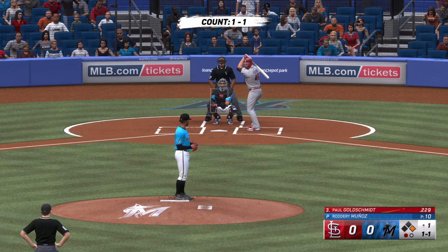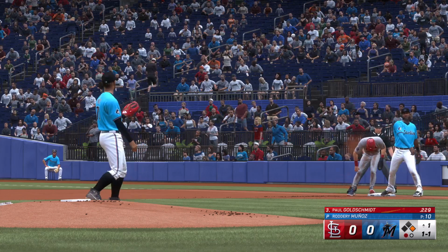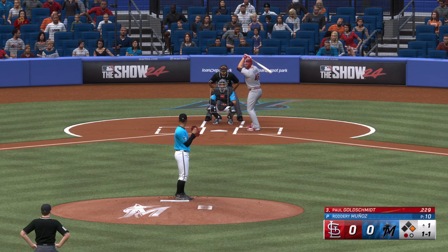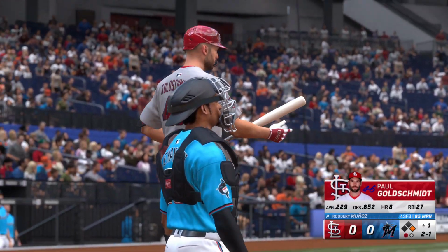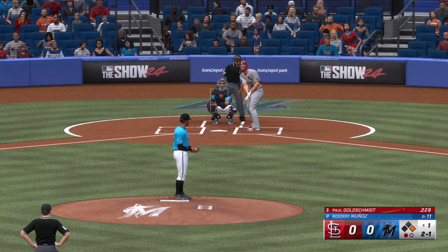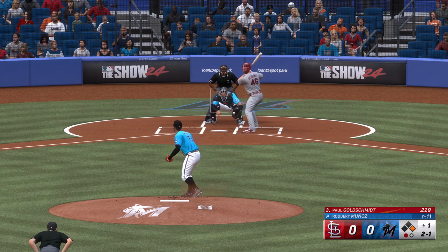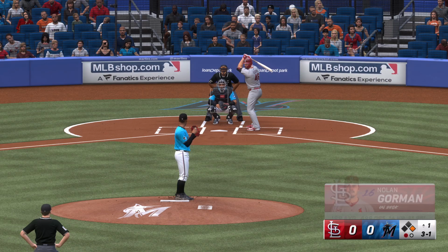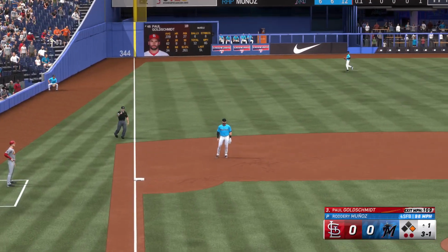Here's Paul Goldschmidt. Now move to first, and he's back in easily. At the belt and fires. And another ball. Man at first, one away. That's down and in. A slider missed. Chris, with that distraction and a speedy guy at first, he's in a favorable hitter's count. Well, if nothing else, I mean, this is a great spot for a hitter to be in. They got it for out number